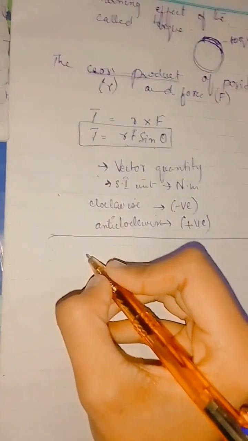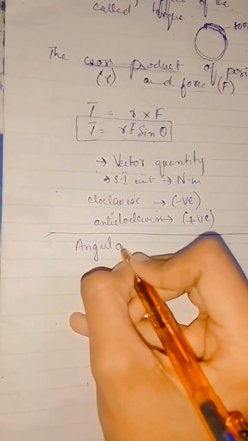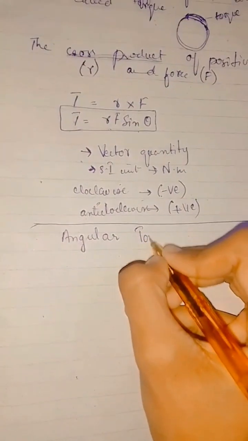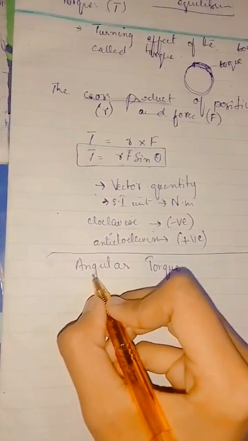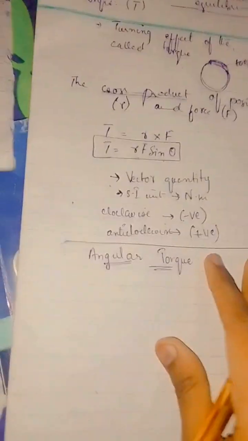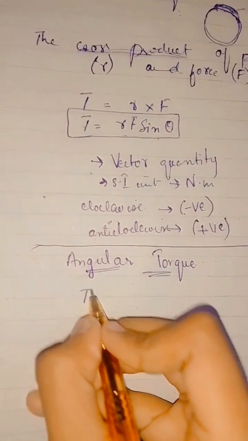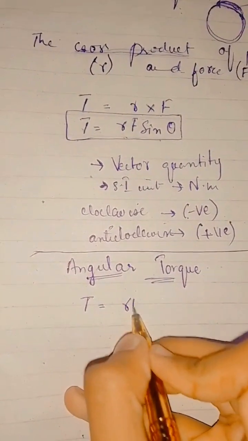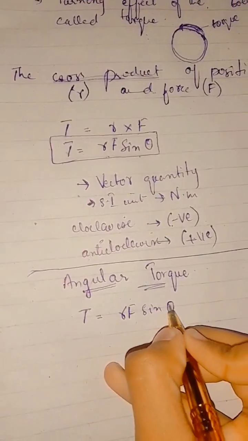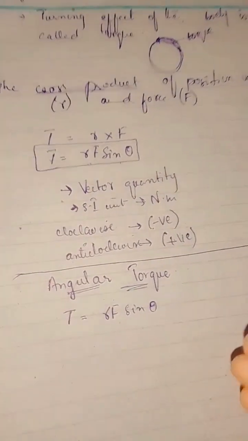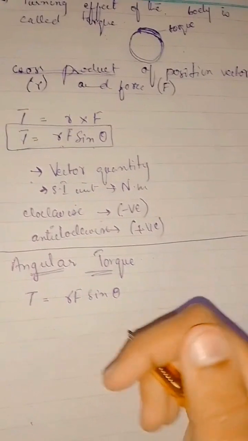Now our second topic is angular torque. In our previous video we discussed torque, and now we are going to discuss angular torque. What is angular torque? The formula of torque is T = r F sin theta. Now which angle will come here? As this is a cross product, the torque is formed at a